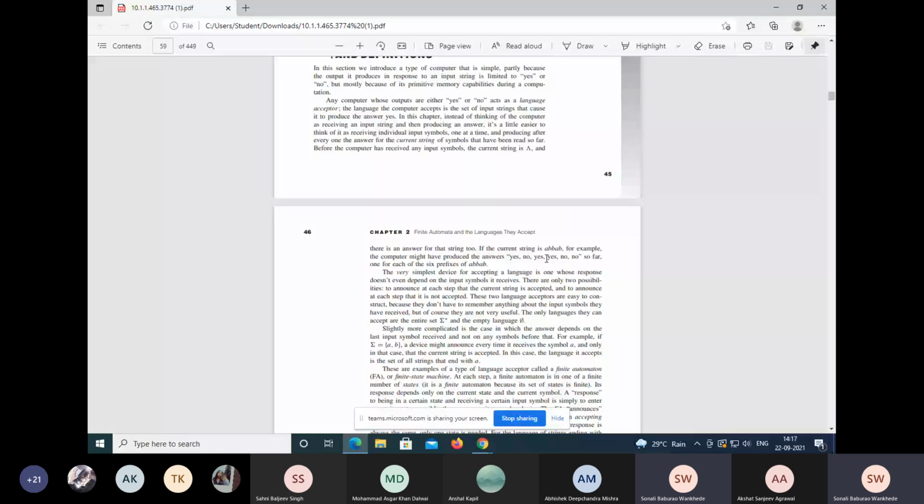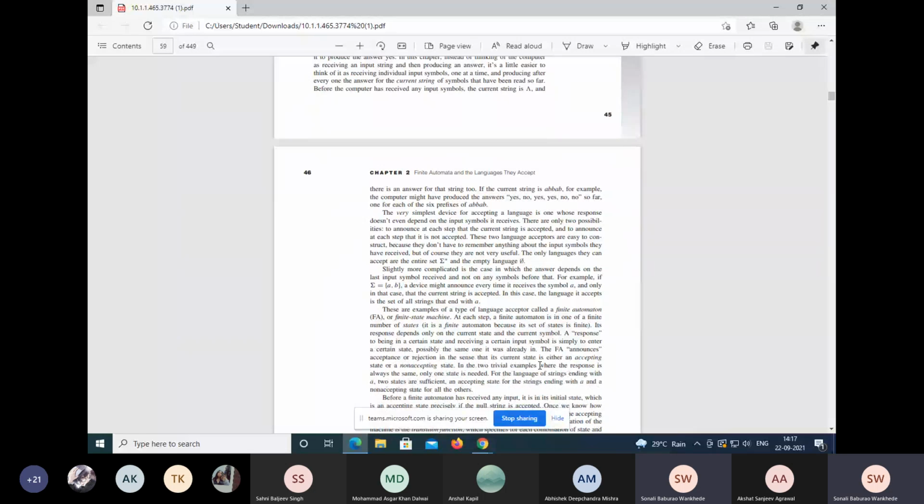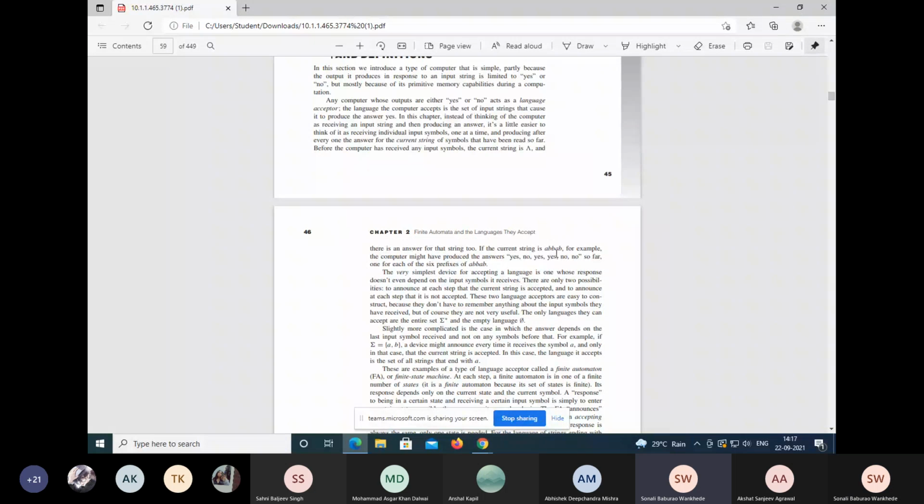We should be very clear. So I'm giving you five prefixes A B B A B. So guys, while referring, you should check it out. So consider that the string is A B B A B, and I have programmed the computer so that it should accept only the value A. All the rest of the values it should not accept. So what will be my answer in that case?